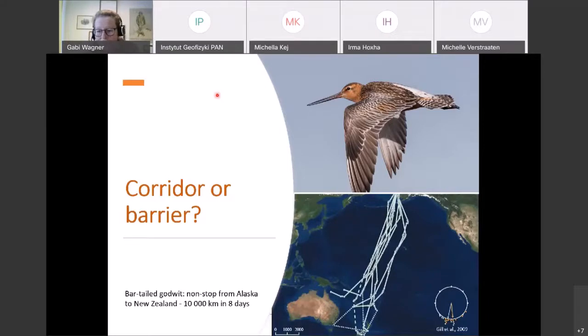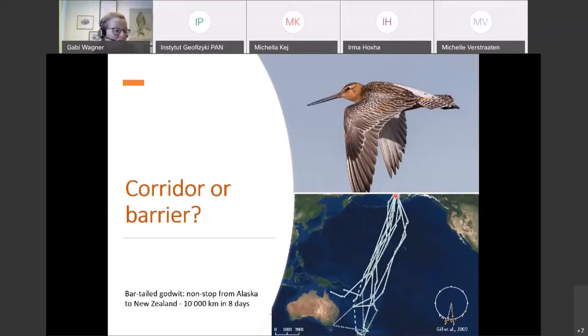Very nice sound, and nobody knew where they were migrating. No one ever saw them on their migration. They suddenly turned up in Australia and New Zealand, and they suddenly turned up in Alaska, but no one knew where their migration route went. And now we see that this relatively little bird does a non-stop migration from Alaska to New Zealand across the Pacific Ocean. And they fly this non-stop, obviously, because these birds cannot swim, so they have to stay in the air. Those that get too exhausted will disappear in the ocean. And they do this in about 8 days.